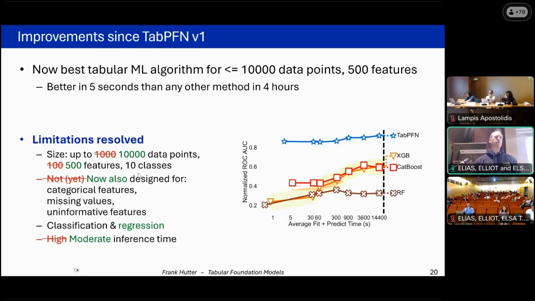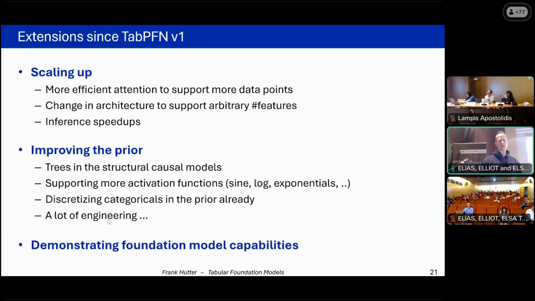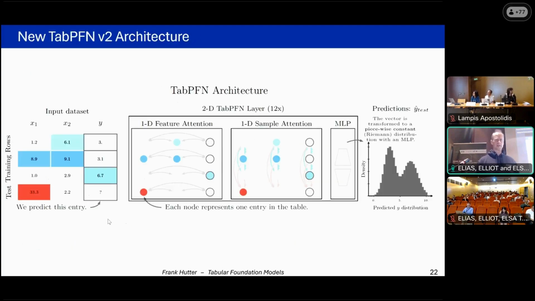But now it can be used for data science. It can do categorical features, missing values, uninformative features. It just handles it all natively. And the results are sort of similar as before. It just performs a lot better than other methods. How did we get there? We changed the architecture a bit, which I'll show, and improved the prior. The new architecture really takes into account that there are rows and columns. So this is axial attention, first an attention over the features, then attention over the data points, and then